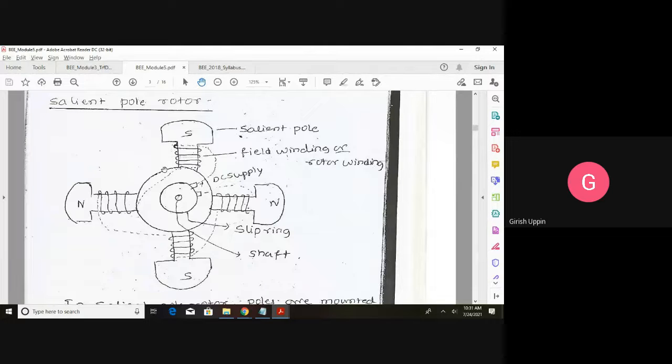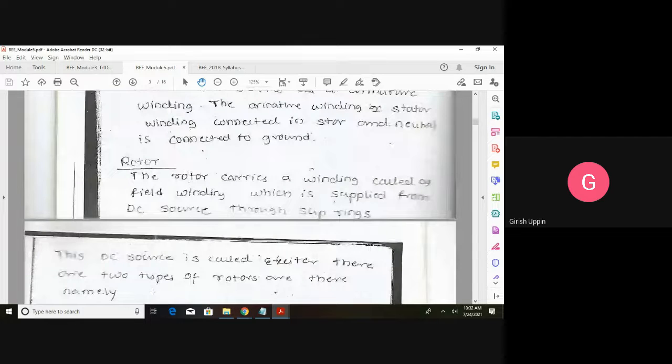So what happens is we are creating a field, and we are rotating that magnetic field, and our outer armature is static. There are three phase windings. It will start cutting the flux. As the flux linked with the conductor changes, EMF will be induced in those three phases. That is how we get the three phase power at these three ends.